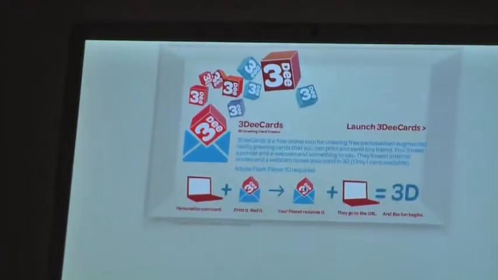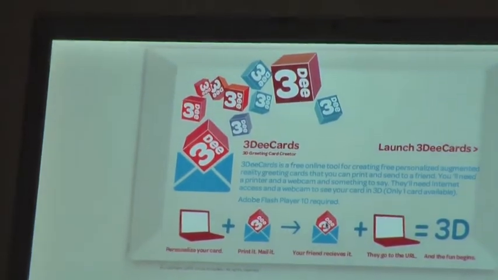kind of a working mock-up of a system that would ideally create 3D greeting cards that you could print out, sign, fill out the address, whatever, fold up, and send to a friend, and they could get it, go to the URL on the card, open it up, and then see a 3D object that you selected on that card with a message on the card that plays off that 3D object. And I ran into a whole bunch of development challenges when I started doing this, because I didn't realize how